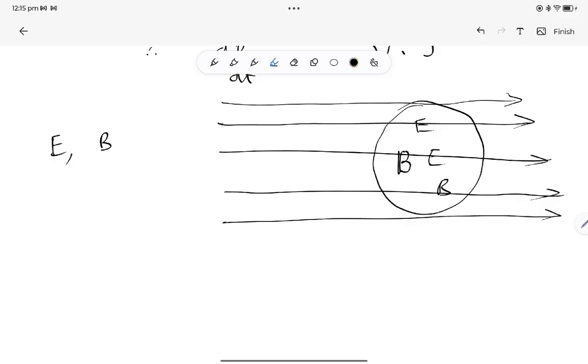Electric field or magnetic field both contain energy. Now we want to know how much, and we also want to know one more thing: what happens to that energy which is contained within this electromagnet within its volume. Well,